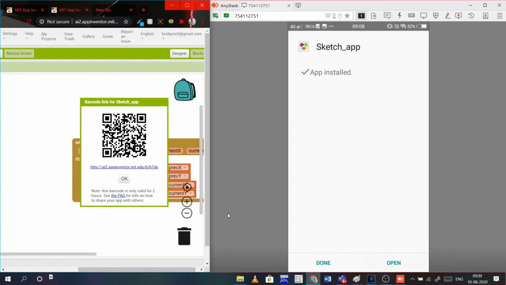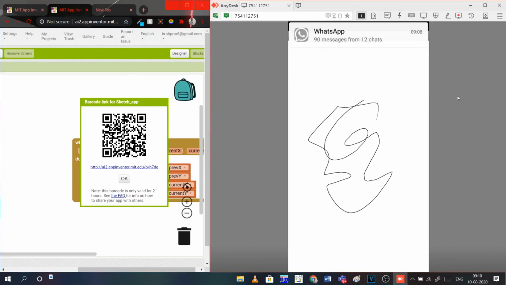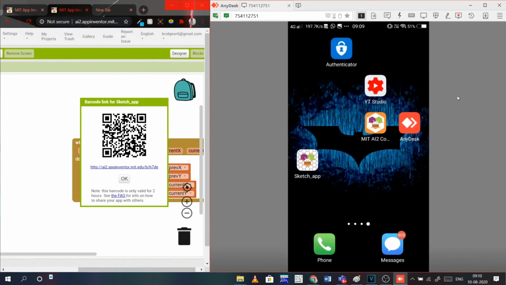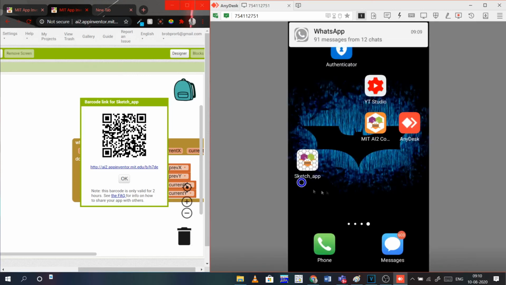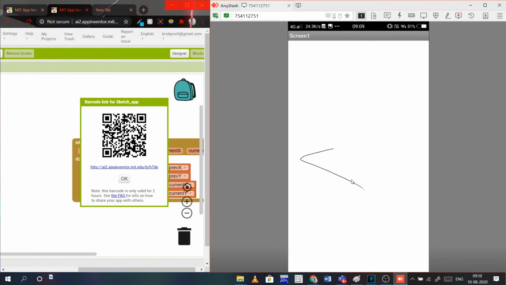Now press open. Let's see, is it working? Now this app is in our mobile. You can see the sketch app. Whenever we want, we can open it and draw something.